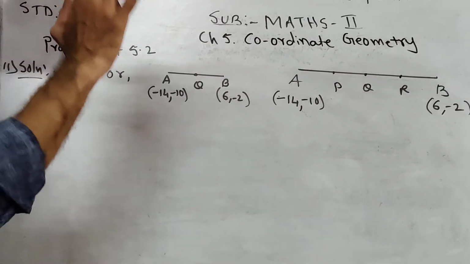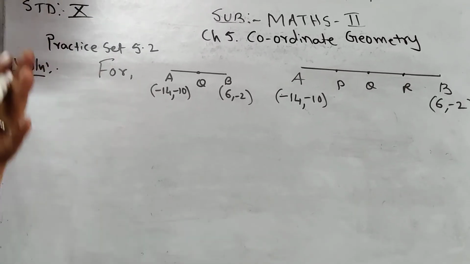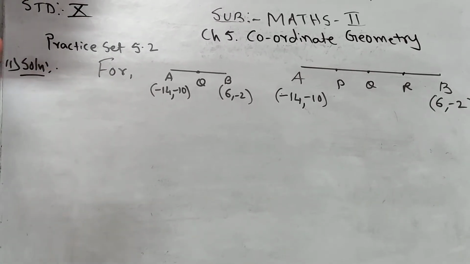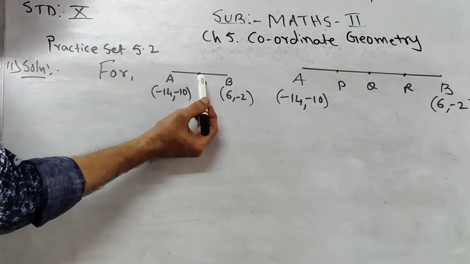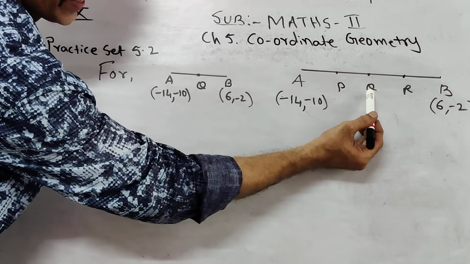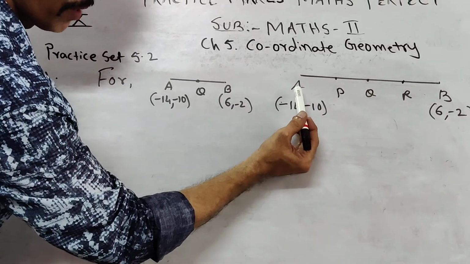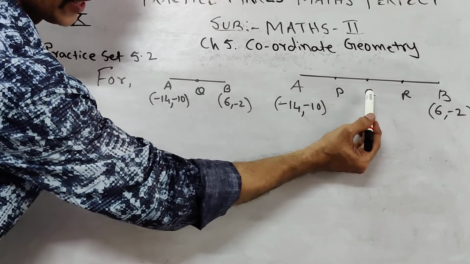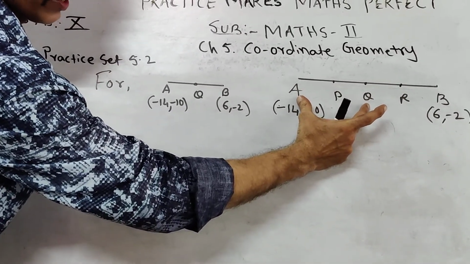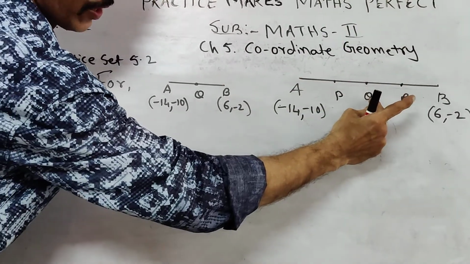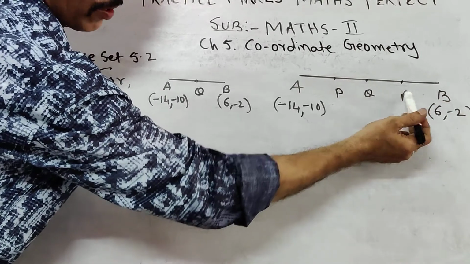This is a very simple, very easy sum. Here, all the time you will use the midpoint formula. All of you know the midpoint formula, am I right? Now first of all, for A', Q', B, we will find out Q. After getting Q, we will then take A', P', Q, meaning P is the midpoint of AQ. After that we will take Q', R', B, meaning R is the midpoint of QB.